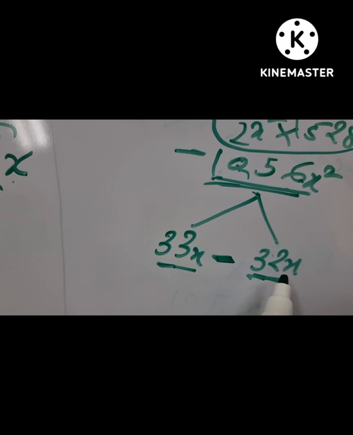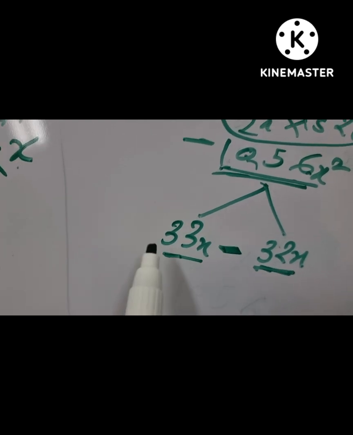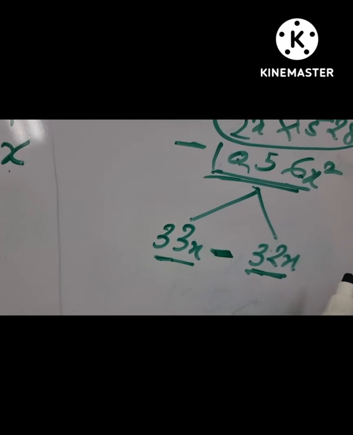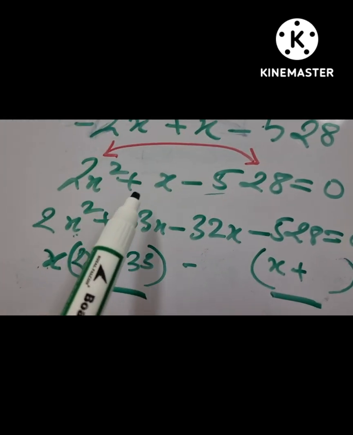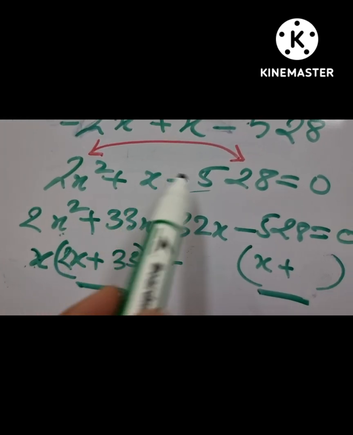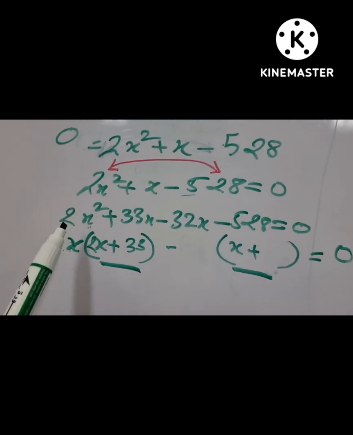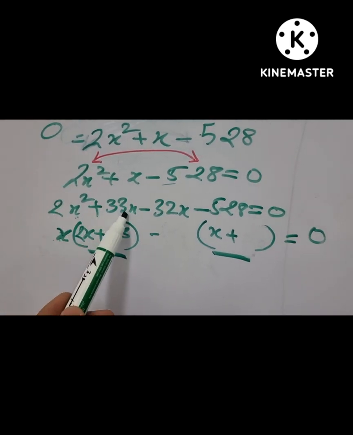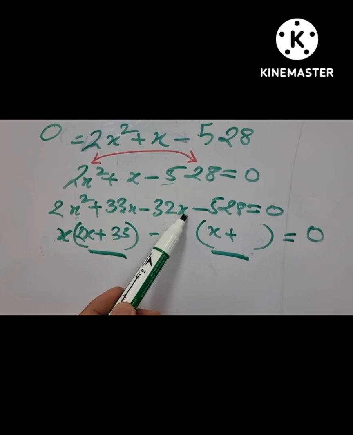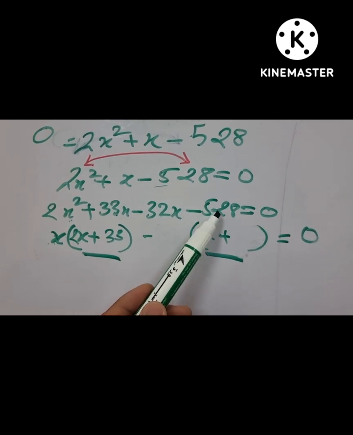So we will consider 32 as negative because 33x minus 32x will be 1x, that is required over here. So now, instead of x, we will write over here 2x squared plus 33x minus 32x, then minus